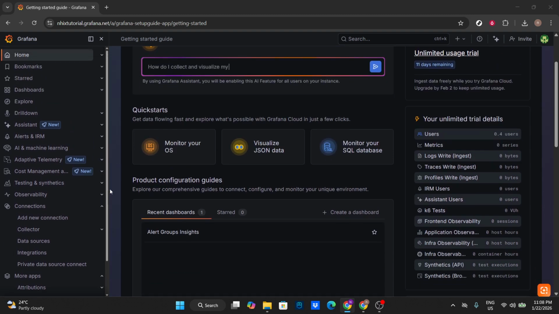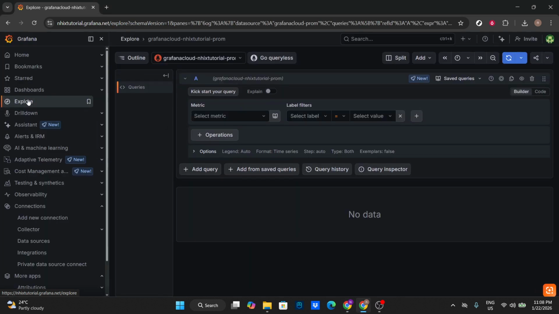Start by opening Grafana in your browser and signing in to your workspace. Once you're in, look to the left-hand side of the screen. That vertical navigation menu is where you'll find everything you need. We're heading to Explore, which is the best place to interactively build and test queries before you commit them to a dashboard. Click Explore. The Explore view loads with a data source selector at the top and a query editor